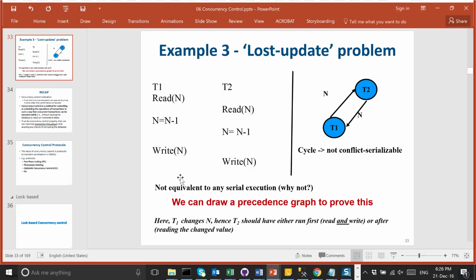When T2 comes along, what happens to T2? It must wait. And then there will be a deadlock? No deadlock. But the concurrency and the throughput will be reduced. T2 will have to wait, which means the user that issues that command will have to wait for the answer to come from the database. So the response time and the throughput, which is the number of transactions executed per unit of time, will be reduced. But the consistency will be increased, and the deadlocks will be avoided. So in most scenarios, the strict two-phase locking is enough.